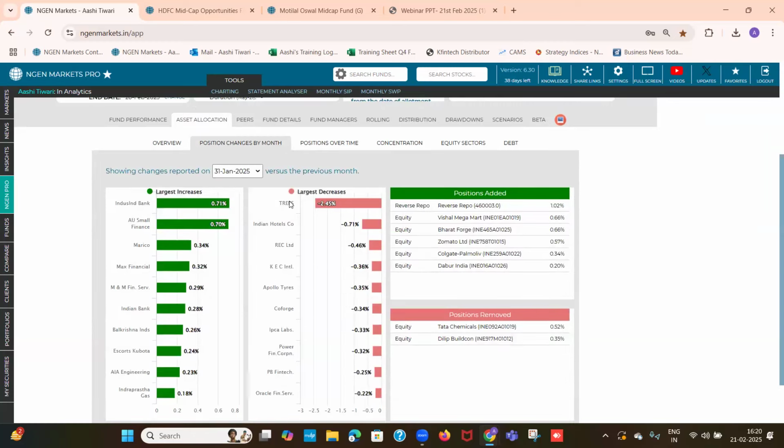Now, as soon as you come here you can see what is the largest increase, largest decrease, and the new position added, as well as the positions that were removed from the fund's portfolio versus the previous month. That is for the period of the past 12 months. Now, if we look at this data, which is of 31st Jan 2025 versus the previous month, we can see